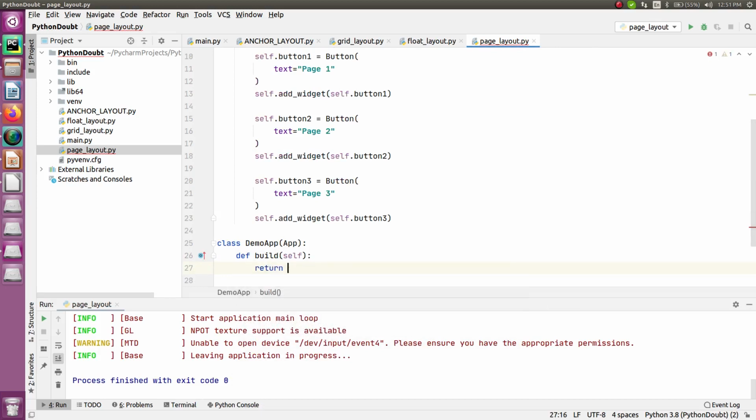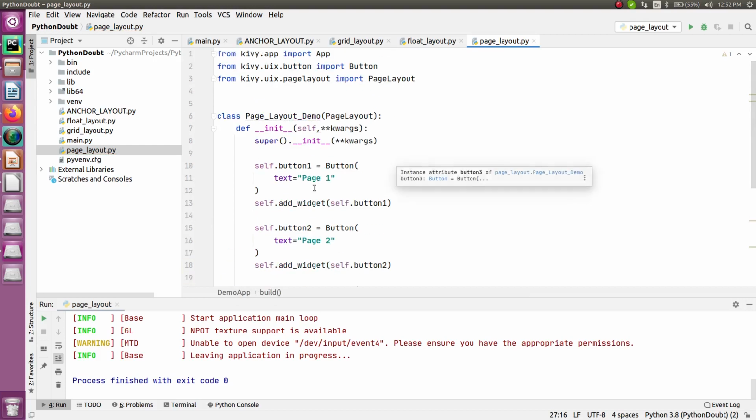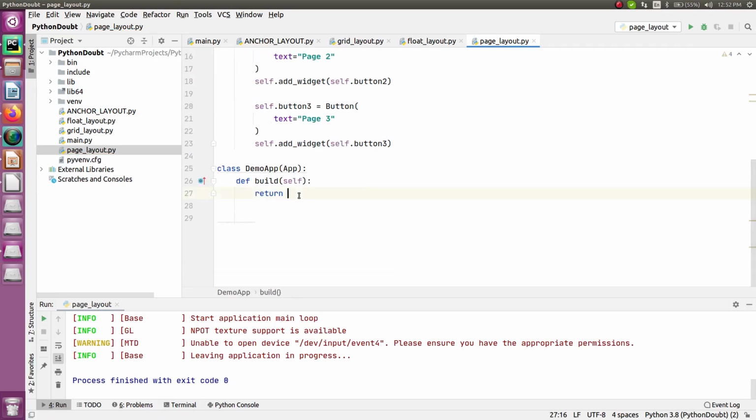And finally just return the class that you have inherited with the page layout. So the name for that is PageLayoutDemo. Just copy this one, paste it over here, open the brackets, and that's it. And finally the last step is left, and that is just to call the run method so that you can run your application. So this is all about that.